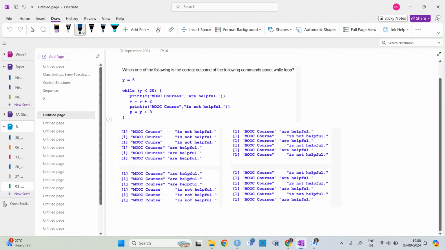Okay, the next one is for while loop. So don't write the code firstly. Here there is no calculation, so don't write the code. Just do it in the copy with pen and then see whether your code is correct or not. So this is like 1, 2, 3, 4. When you say the answer, say it in that form.